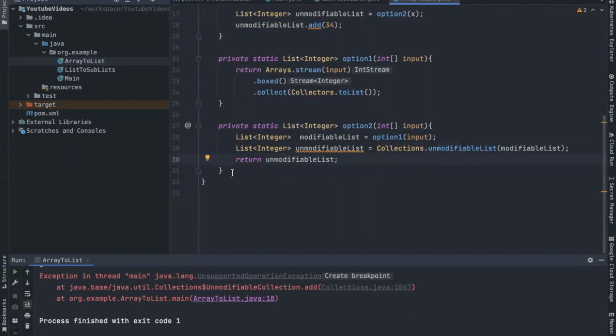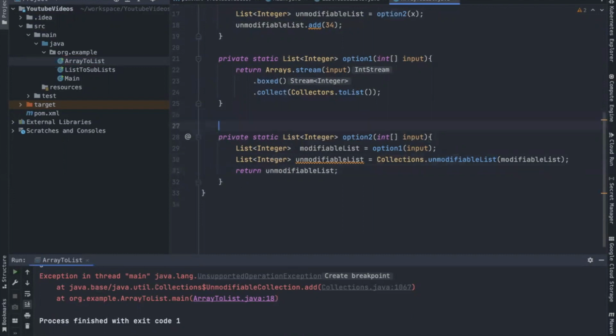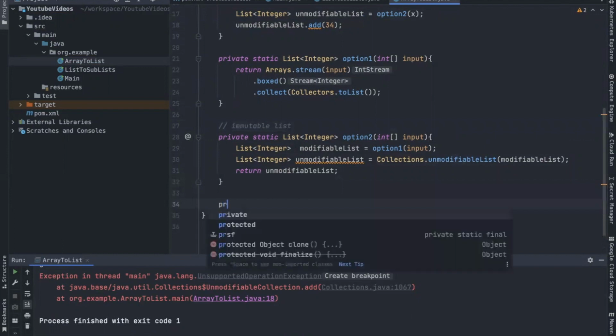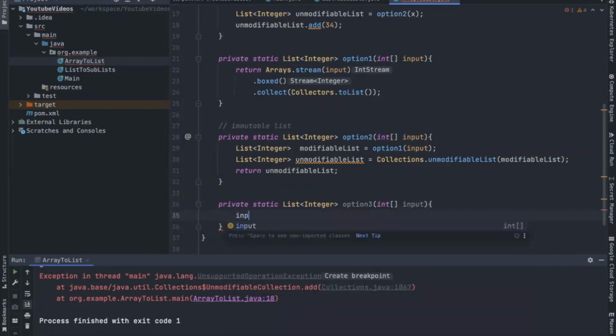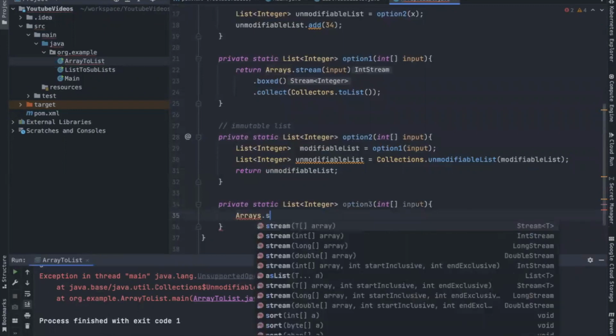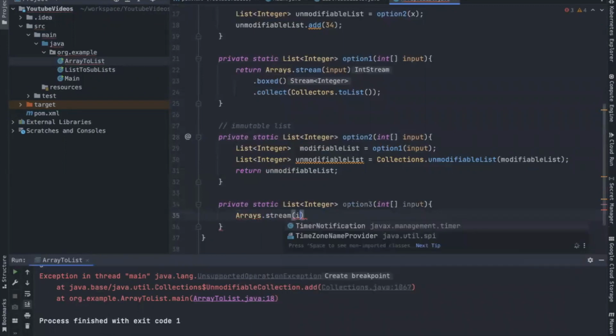There's another approach as well to get the immutable list. So in Java 9, there was a method added. We'll just copy paste real quick the method name and call it, let's say, option 3. So in Java 9, there was a method that was added. So let's first do this Arrays.stream, pass input